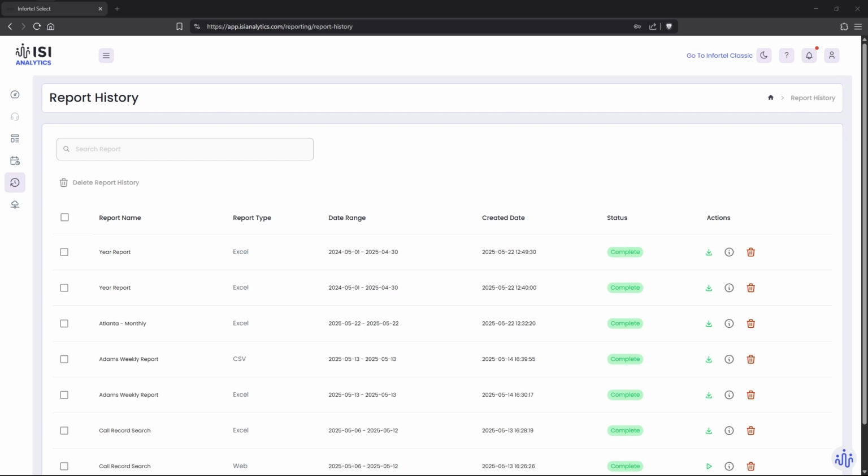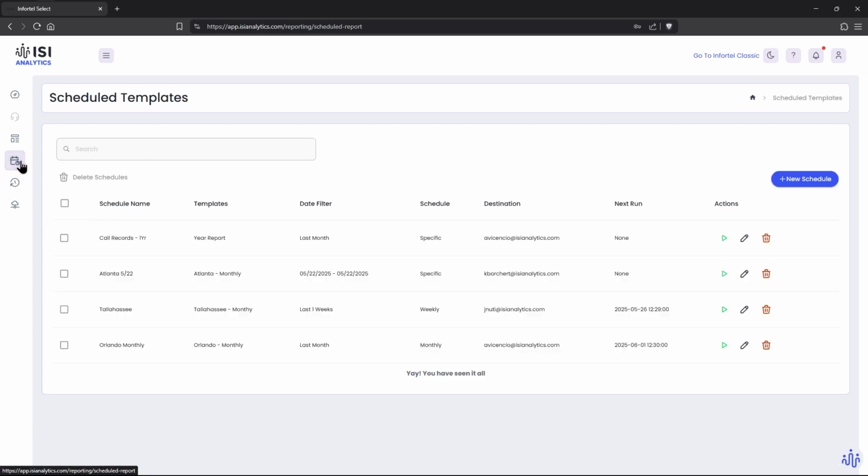Let's move on to scheduled templates. You can locate it on the left-hand navigation bar. Here, you can see any schedules of report templates that you've created in the system. Below, you'll see the name of the schedule, the templates that are selected for this schedule, the date filter, which indicates the time frame selected in the